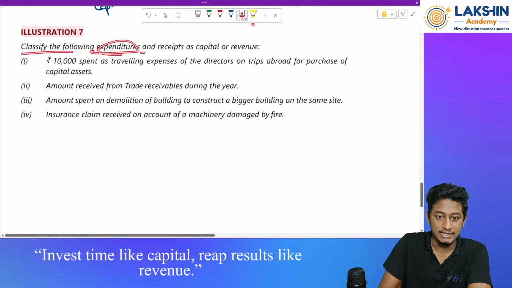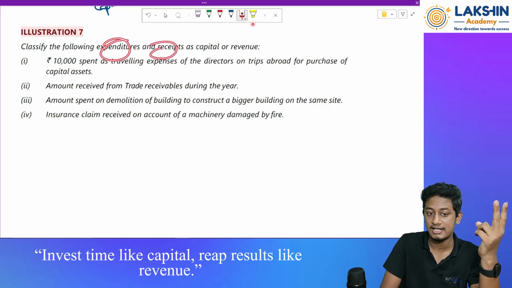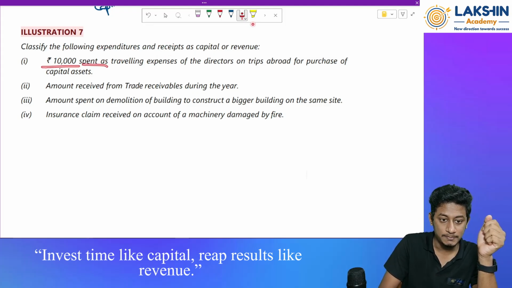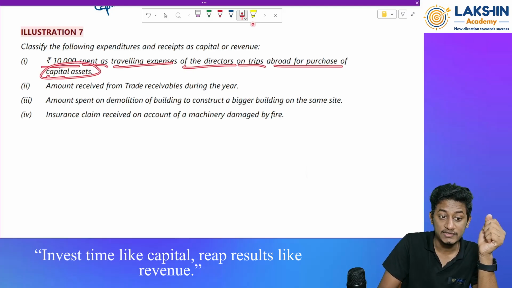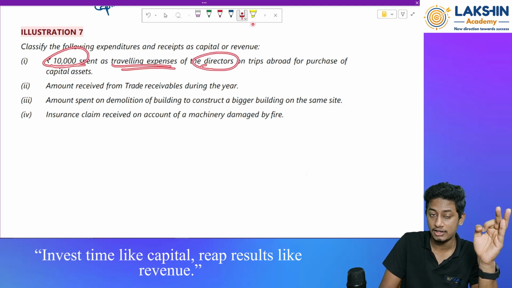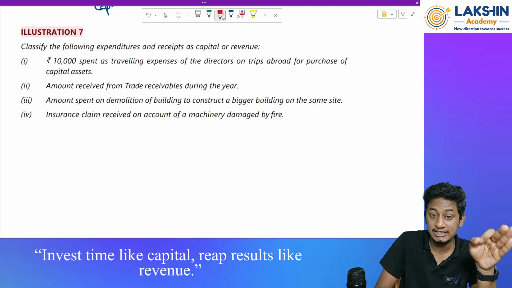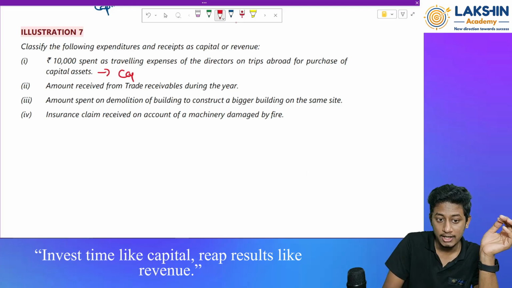Classify the expenditure and receipts as capital and revenue. Okay, so now it is a mixture of both of them: capital and revenue, expenditure or receipt. Rupees 10,000 spent as travelling expenses of the directors on a trip abroad for the purchase of a capital asset. Again, this expense has been incurred on the travelling of directors to acquire or purchase a capital asset. So this is a preliminary expense to buy an asset, and because of that, it will be taken as capital